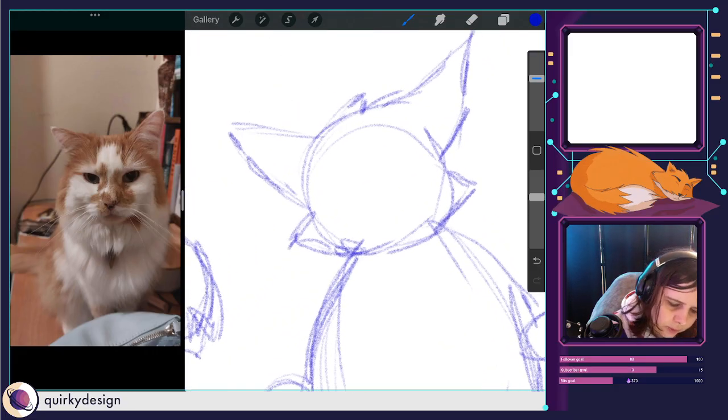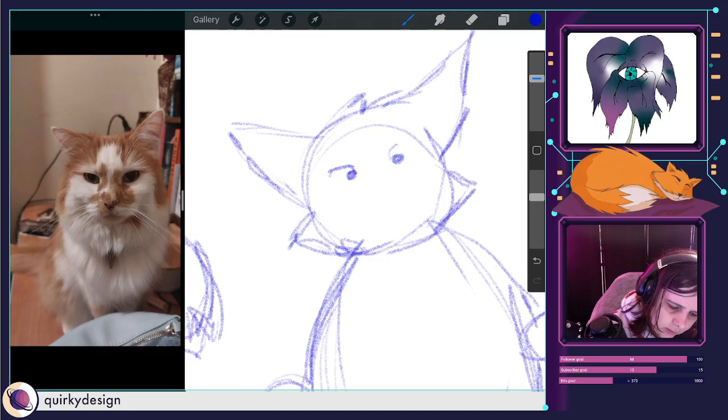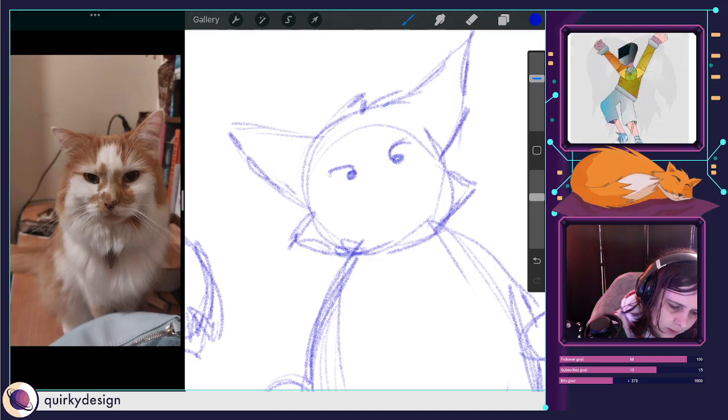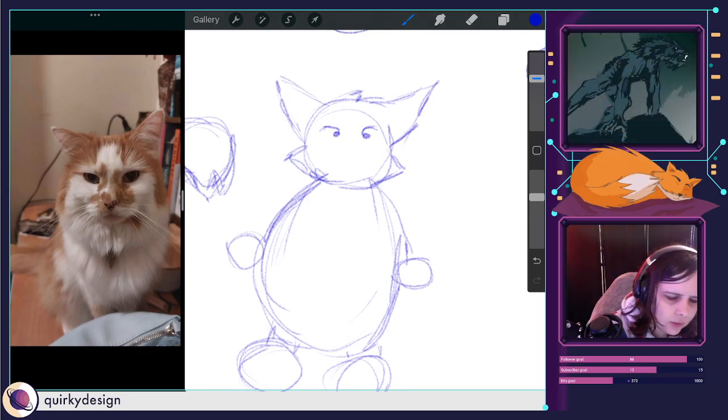What's the other cartoony eyes I can do? You've got the simple circle ones. Then you've got that. And that's a cartoony eye. It just looks odd, that's all.